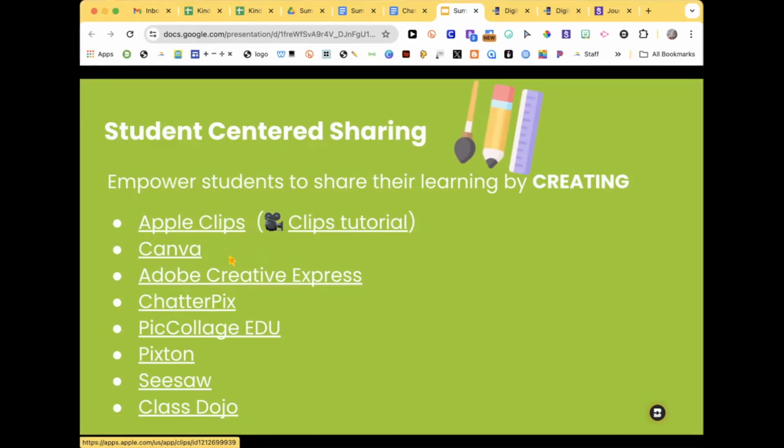So that's the one thing with that. It has to be used on an iPad. It is a free video making tool. There is a little Clips tutorial linked here that I think is kind of a helpful little tool. And again, I'll show you an example in a second. There's some fun things in here. They call them